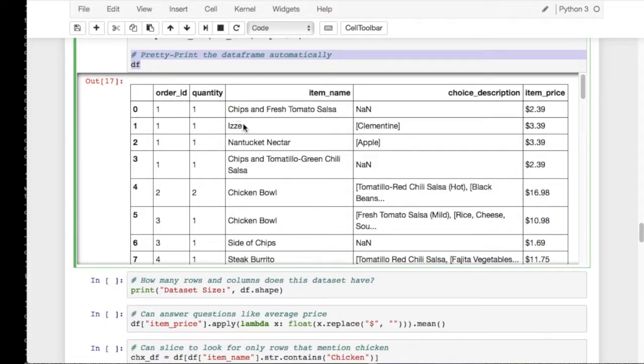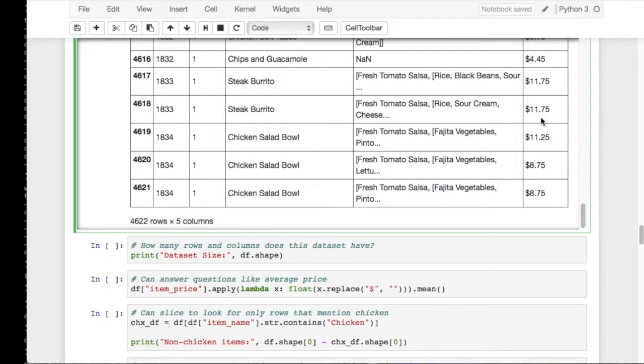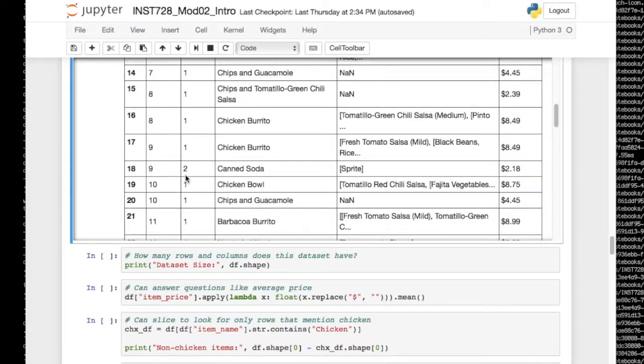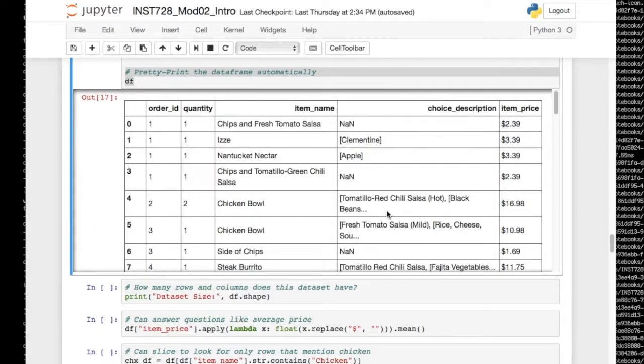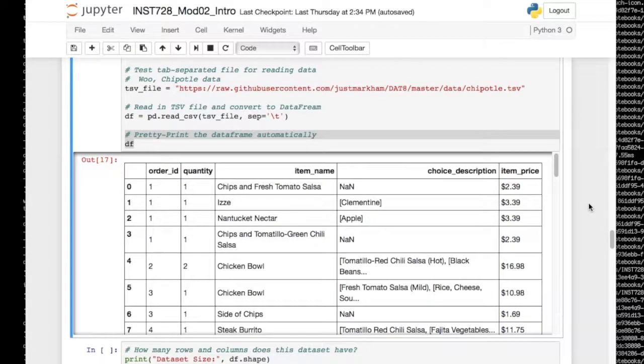ID, a quantity number, the name of the thing that was ordered, a description of the thing that was ordered, and an item price. And we have this for a bunch of different orders. So we have about, I guess, 1,834 orders over 4,600 rows, and the different columns that we just described. So now that we've loaded this into a Pandas data frame, we can do some analysis on the data